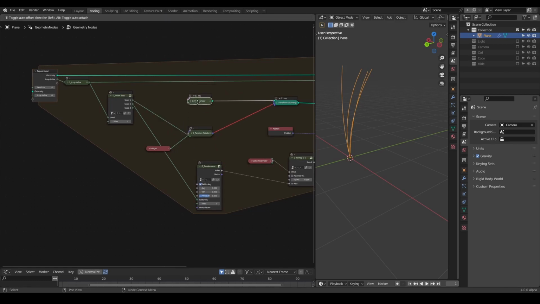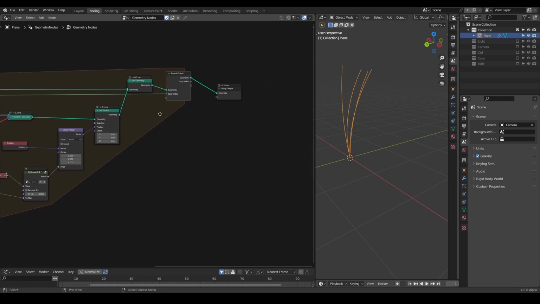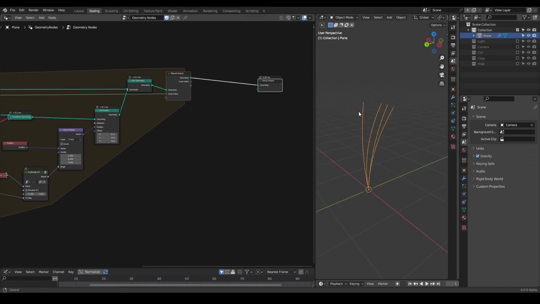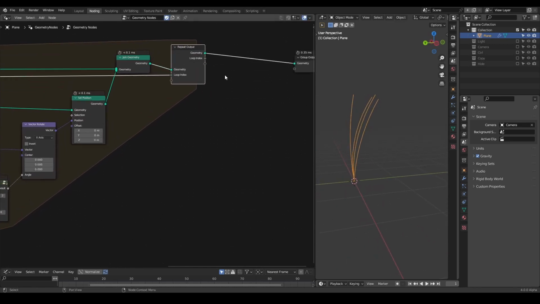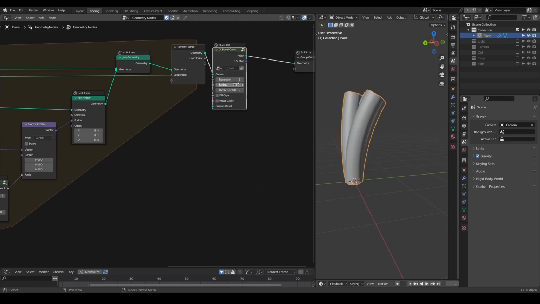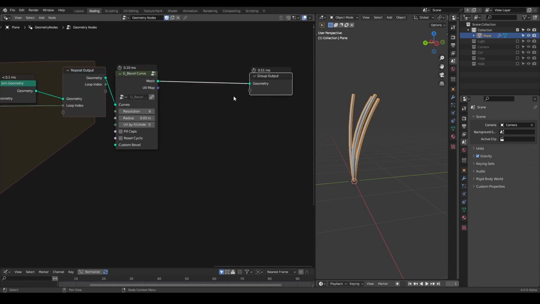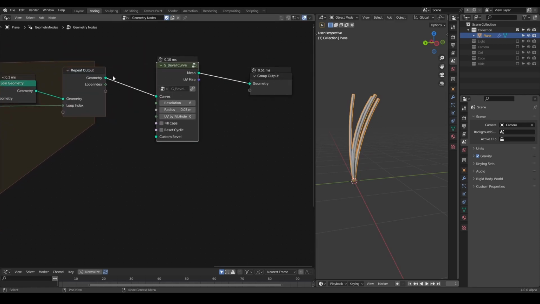Okay, so we created something like this, and I can instance a sphere later. I can bevel the curve. Okay, so it becomes like this, and I can also point instance